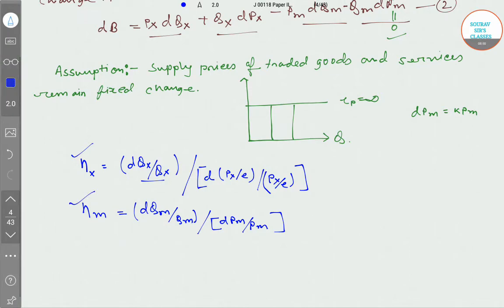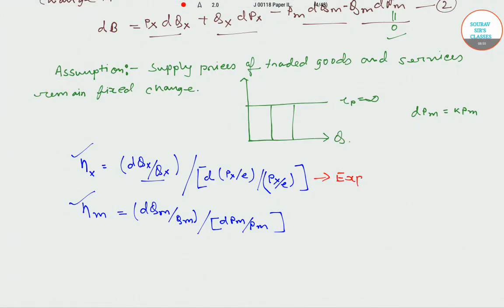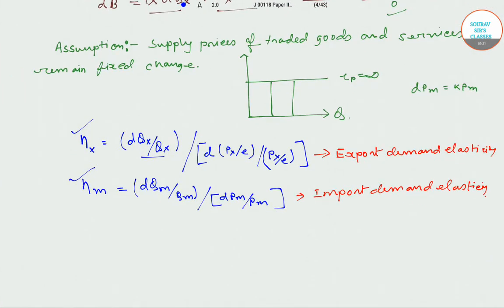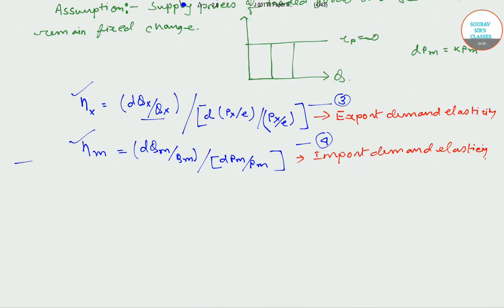So this is export demand elasticity, and this is import demand elasticity. Now we can further write down the other equations. So we'll denote it by 3, we'll denote it by 4. Now what we can do is, we'll now write down